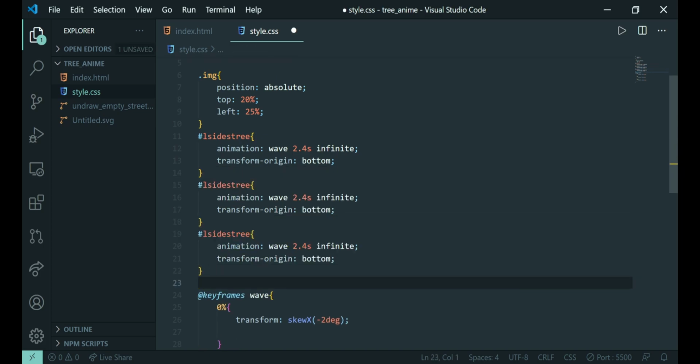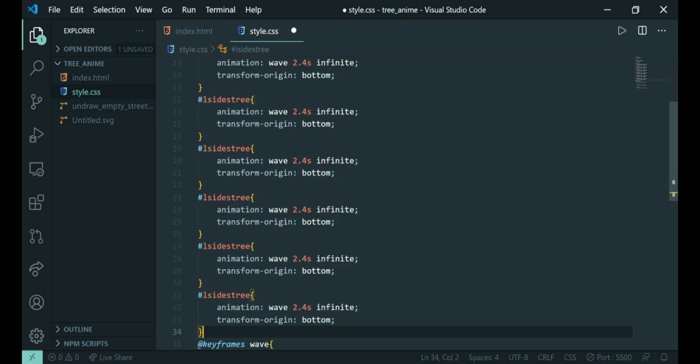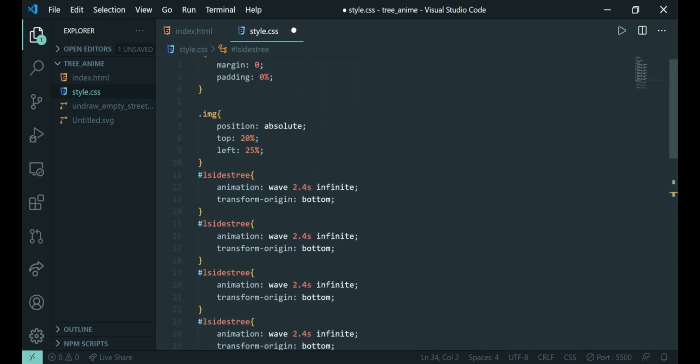So we have 6 trees. I will be duplicating it for 6 trees. Yeah, this small tree should be having the most rapid animation so that it looks real. As when there is a wind, then small trees will be moving fast and big trees will be moving or flipping, we can say, very slowly.